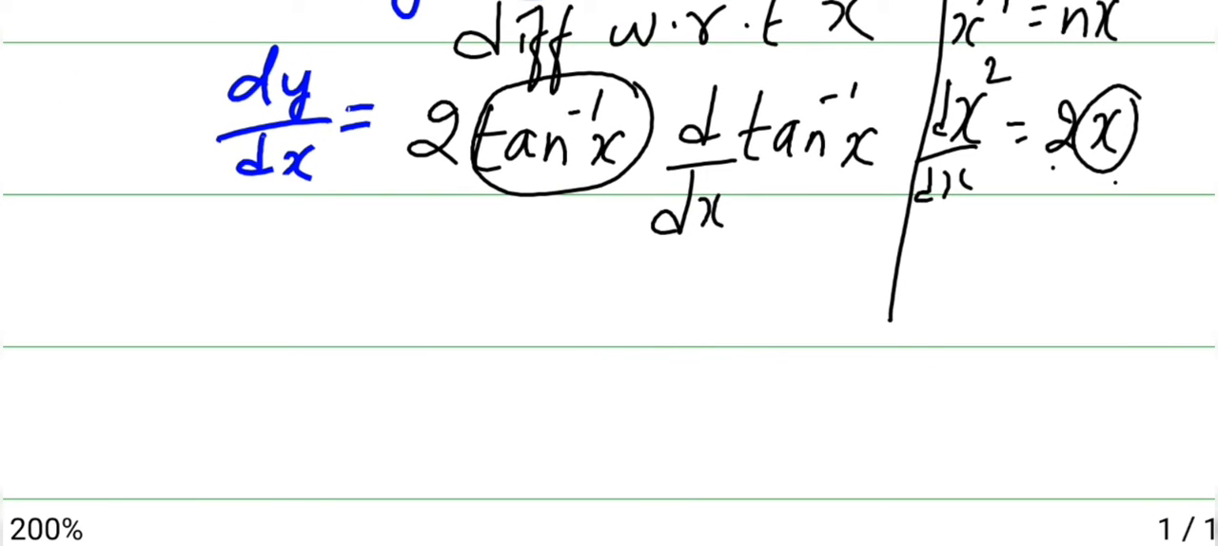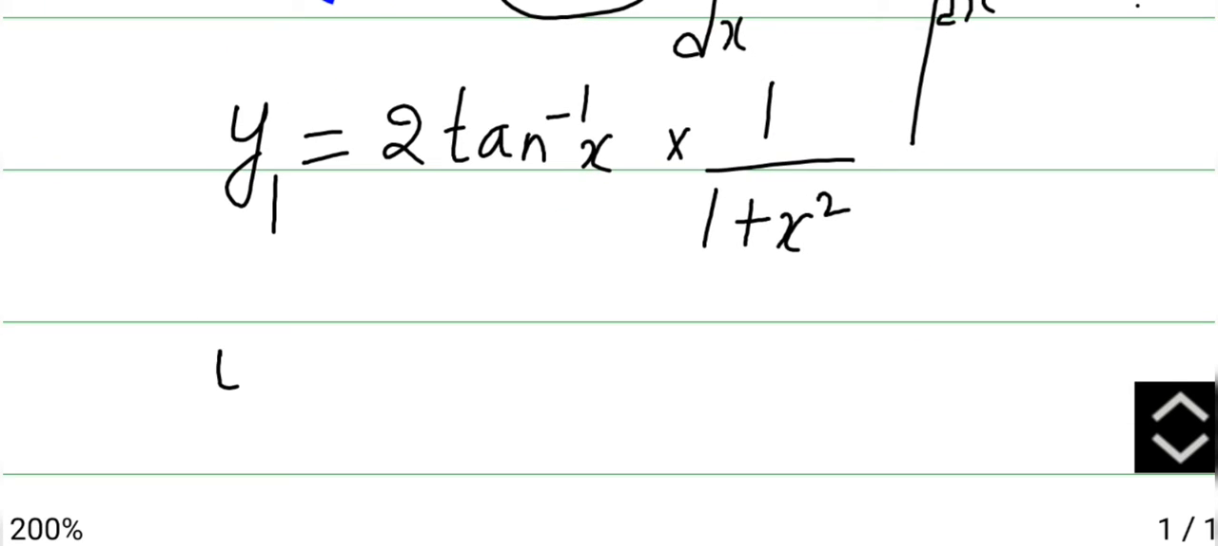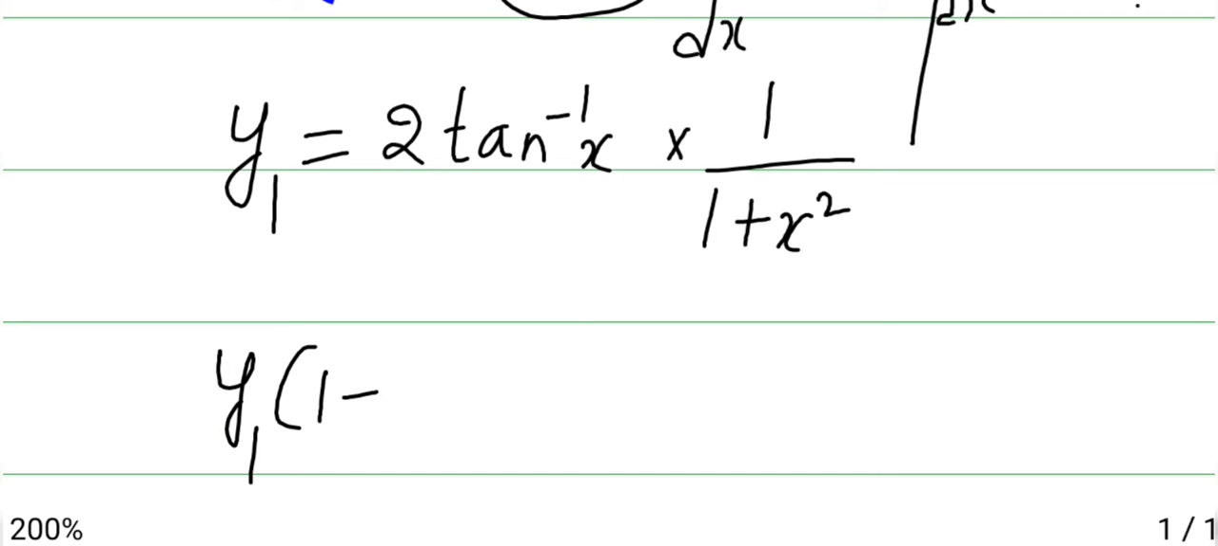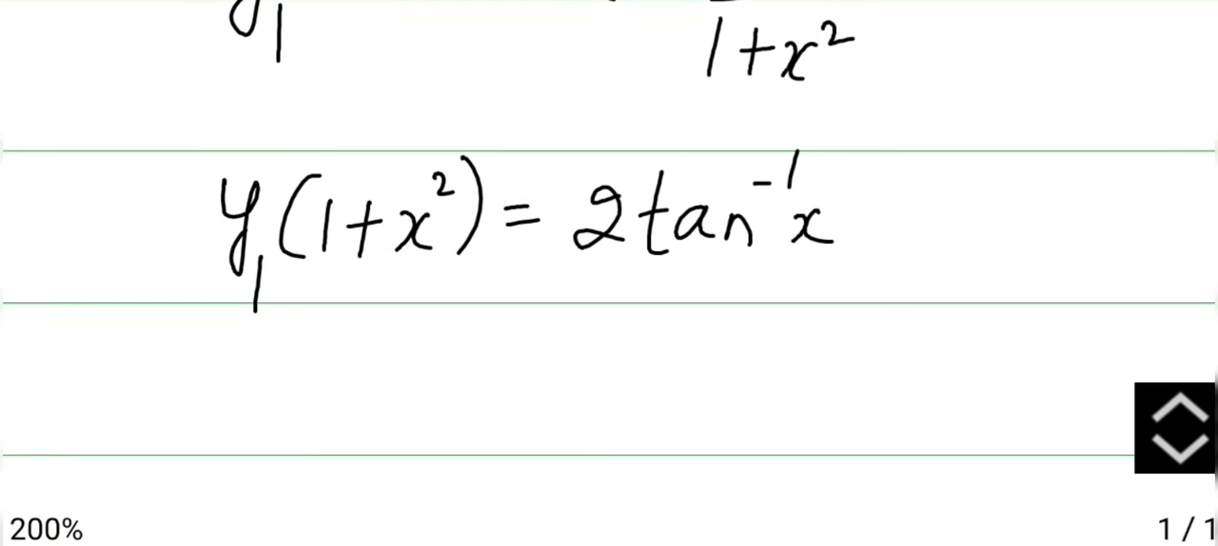Then here dy by dx can be written as y1. That will be 2 times of tan inverse of x. Now what is the differentiation of tan inverse? That is 1 by 1 plus x square. So here we get y1. Multiply this denominator other side, it will become y1 into 1 plus x square is 2 times of tan inverse of x. So now